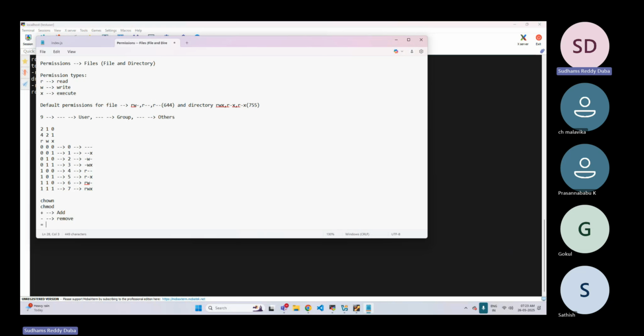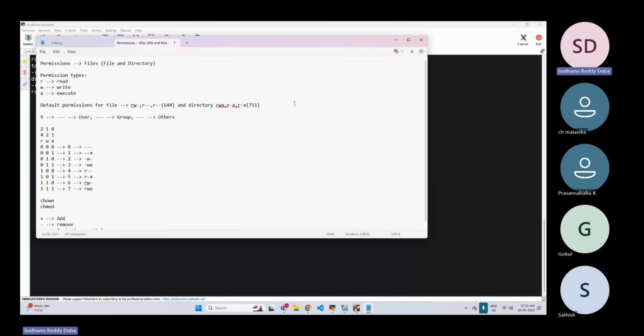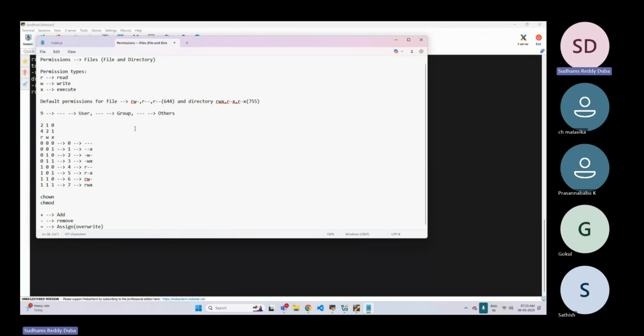What is meant by equal to? Assign, we call it, technically override. I will let you know while executing this chmod command. I'll give you this whole data, what I've written here, a simple thing. Apart from the document file you saw yesterday, this is simple data I have written right now. I'll share it with you in the classroom.